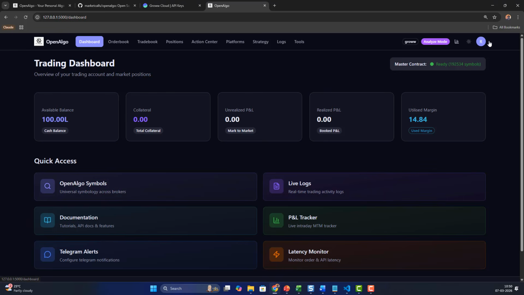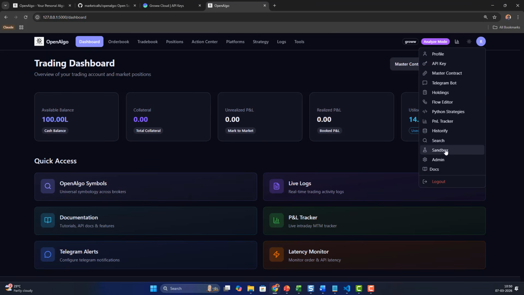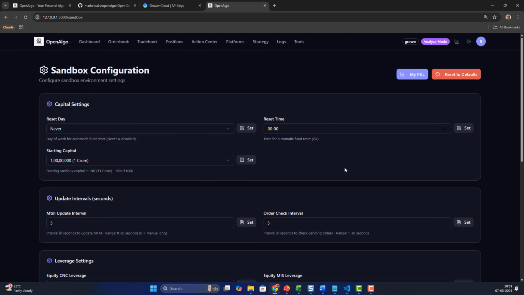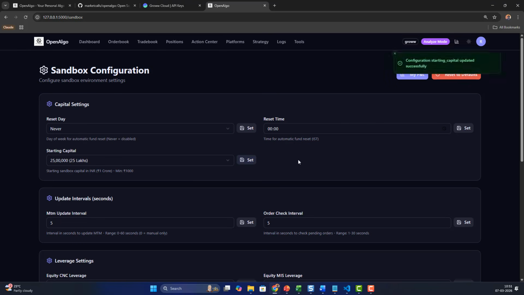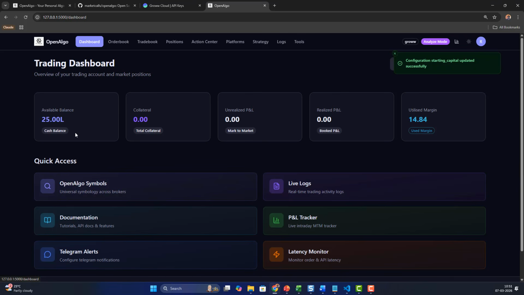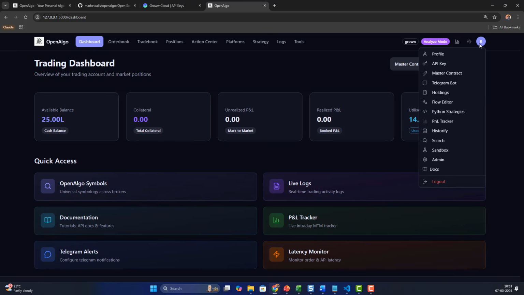Now coming back to the dashboard. In analyzer mode, you'll get some sandbox capital, which can be controlled from the sandbox section over here, where you can set how much test money you want to test your strategies with. Along with that, you also have access to track your